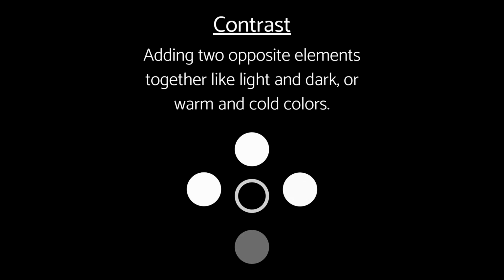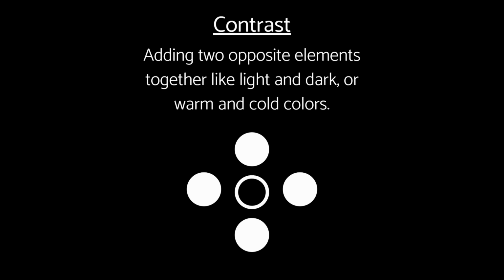The 21st composition technique revolves around using contrast in your image. Using contrast in your images is a great way to add visual depth, create visual interest, and to create an image that looks unique and interesting. Contrast involves adding two opposite elements together, like light and dark or warm and cold colors. For example, adding a bright red flower to a moody blue sky can really make the image pop and draw attention to both elements. This technique is great for portraits or still life images as it helps add depth and